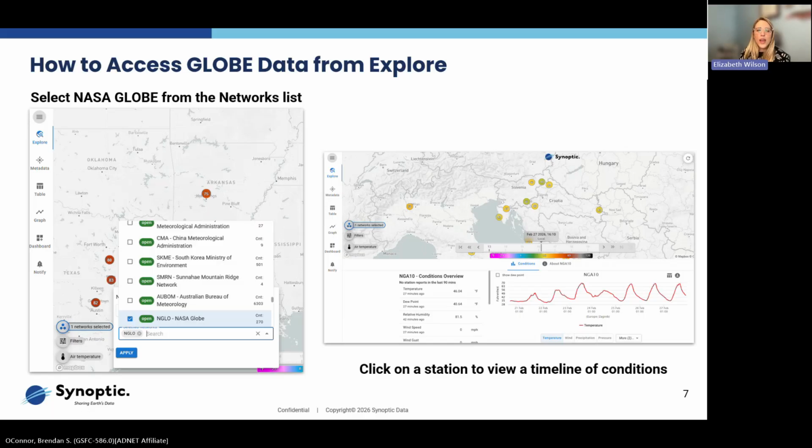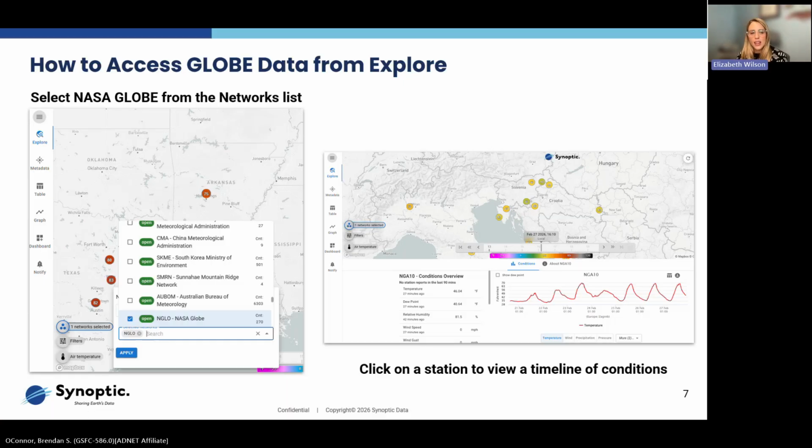So just a couple ways to do it. We didn't have enough time to do a live demo, but I did some screenshots of how you can access the data from the viewer. When you go to the viewer, you'll see a map of the US or the globe, depending on where you are. If you click on the Explore tool in the top left, that'll be the first thing that pops up.